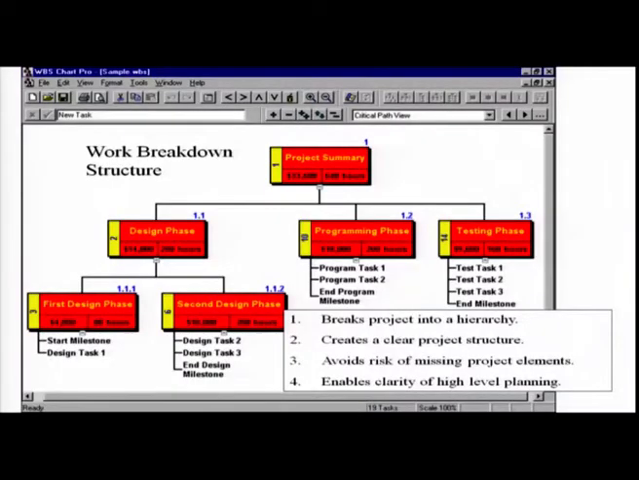There is a piece of software, WBS Chart Pro, I am introducing one more tool. There are plenty of tools now, a lot of people have gotten into work breakdown structure. We do it as a nice exercise and link it to other organizational breakdown structures, risk breakdown structure, resource breakdown structure. All these things are absolutely necessary. Now, where does it break in the project or into the hierarchy? Who should do what? It is necessary, creates a clear project structure, avoids the risk of missing project elements, enables clarity